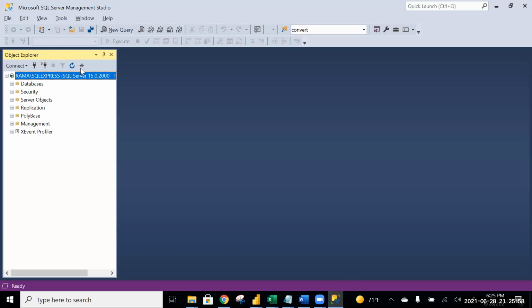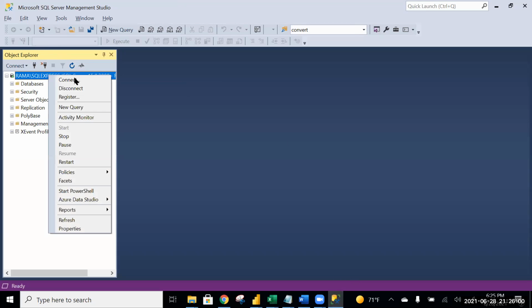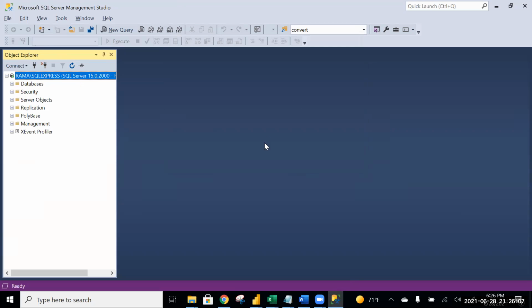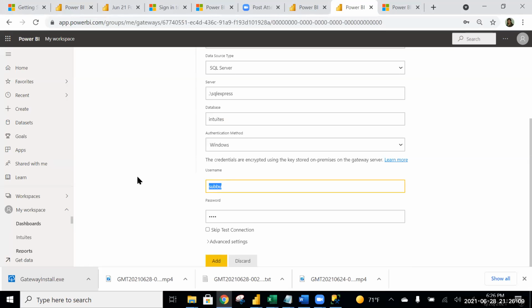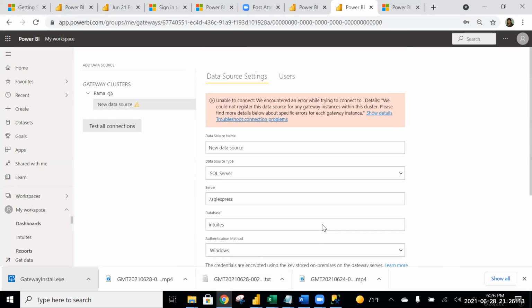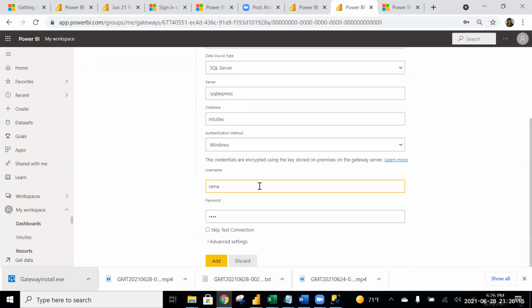So yeah, from the SQL Server you can pick it up. Click on connect. Is it Raman? No, Rama backslash the username. That was Subhu, I guess, what you had written. The other one.